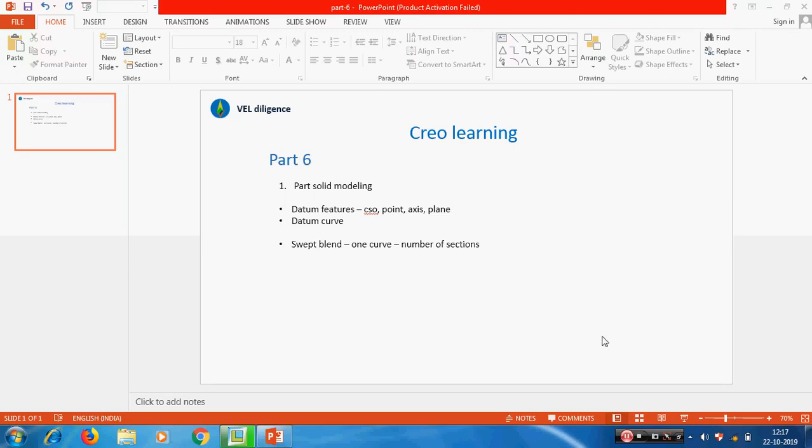Today we will see how to create datum features: coordinate system, point, axis, datum planes. Similarly, how to create the datum curves. Along with that, we will see swept blend. Okay, now we will see in Creo,